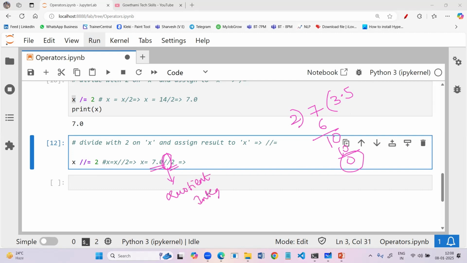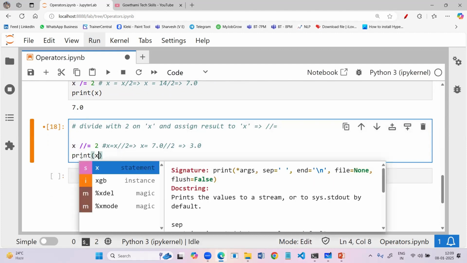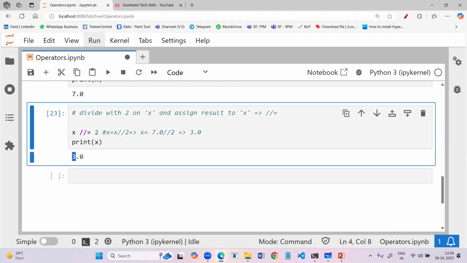Integer format. So we take the integer value, that is 3. It will give output as 3, but the x value is in float format, so it is going to give the output as 3.0. Let's print x and check it here. The value here is 3.0.